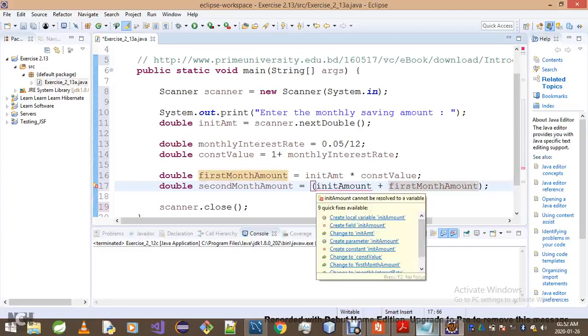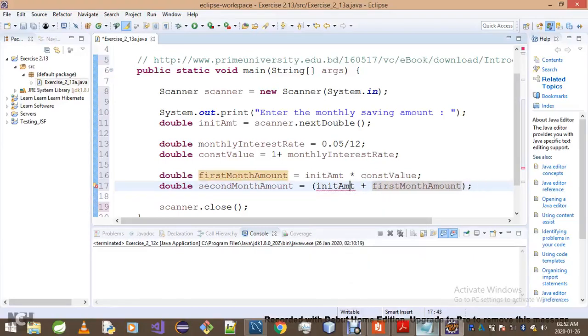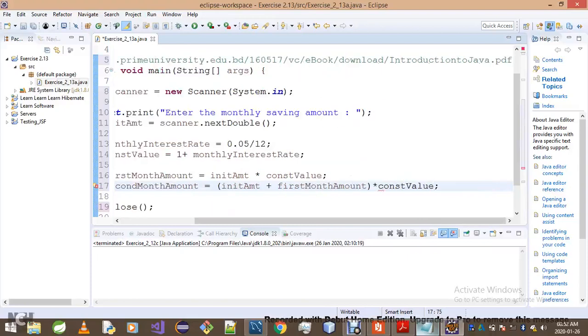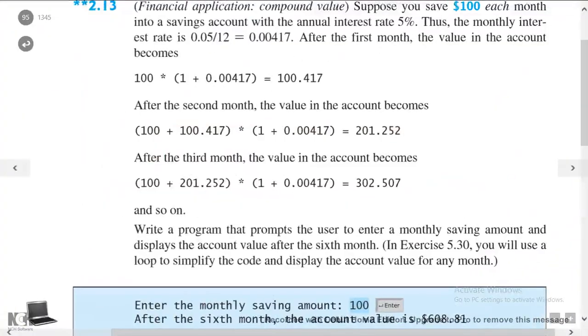So what's happening here? Oh, it's actually int amount. Okay, it's the sum of these two, and you also multiply that by this const value. Const value, guys, as you can see, it's this number over here. This number here, 1 plus that. Okay,